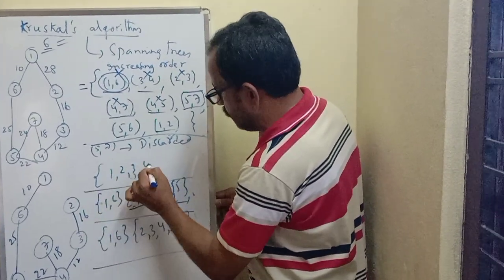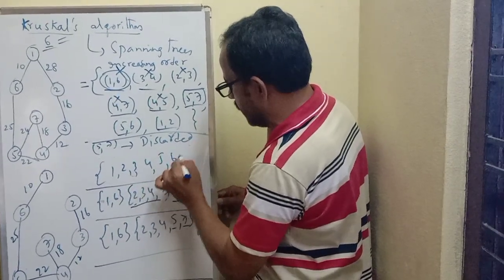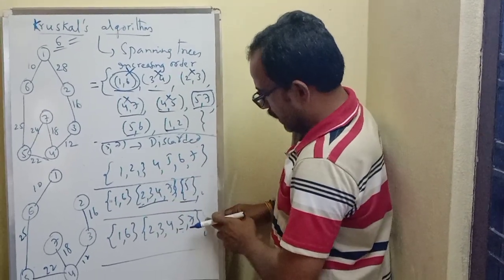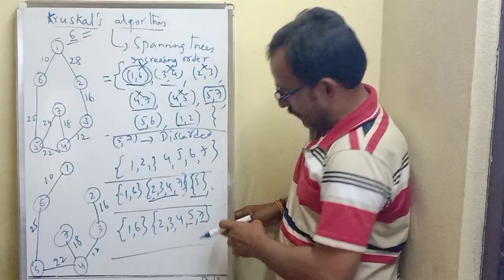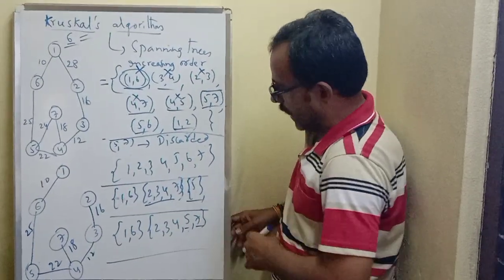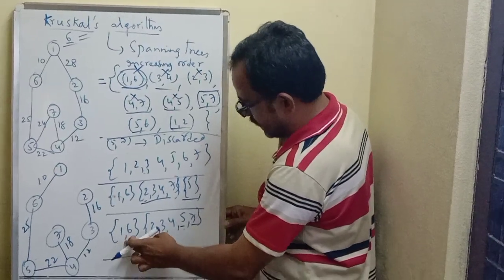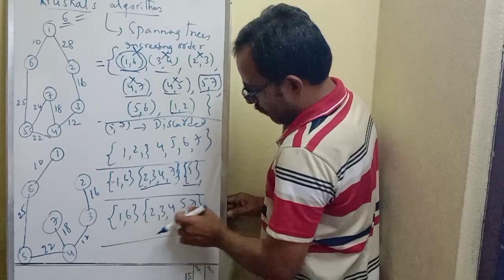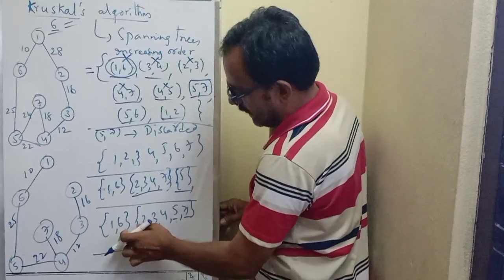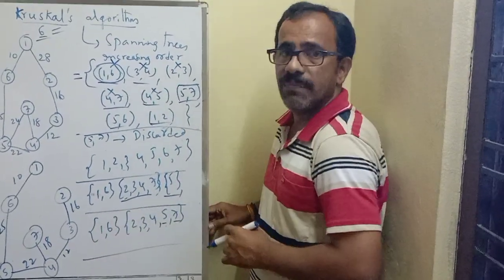So we get a simple set like this: 1, 2, 3, 4, 5, 6, 7. Okay, now I forgot removing this because 1, 6 is already included here. Remove it. Okay, now 1, 6 is there in this, 5 is there in this. So for the last set we need to include 5 is there in this set, 6 is there in this set. Okay, now 5 and 6 both are there in two different sets.